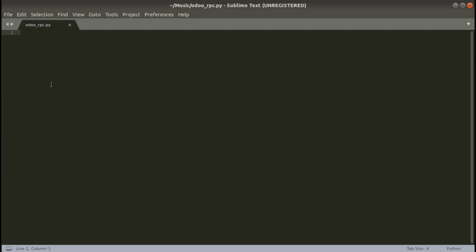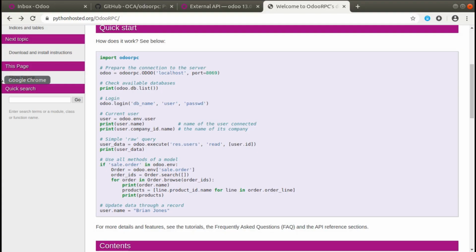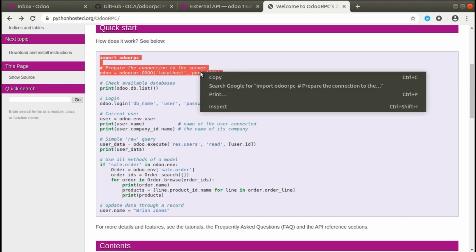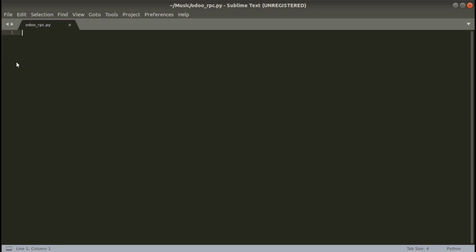I will go to the browser and copy the code from here. First of all we have to import the package odoorpc. I'll copy the first two lines from here and paste them inside my Python file. Then we have to connect to your instance, that is, we have to give the IP.